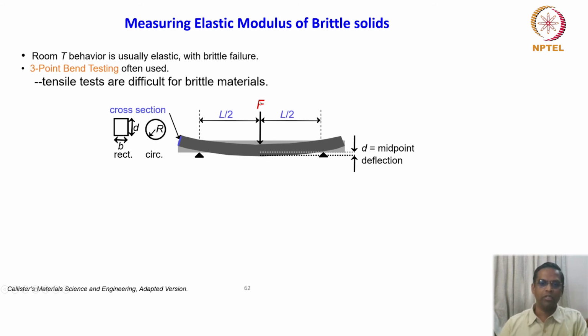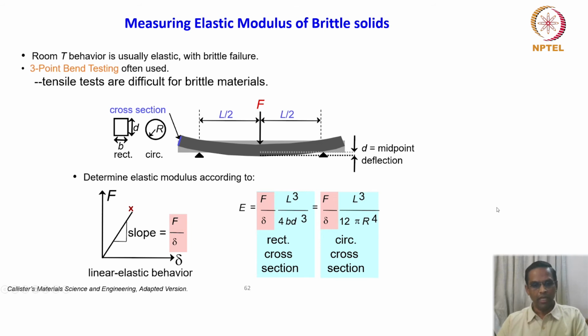And this is the geometry where force is applied here, and which is supported by these two fulcrum kind of setup here. And this is a midpoint, D midpoint deflection is shown here, from here to here, how deflection is measured. So this kind of geometry and relations are given by the strength of materials concepts, and we are just going to look at the equation straight away. We are not interested in looking at this derivation because they are all available in standard handbooks.